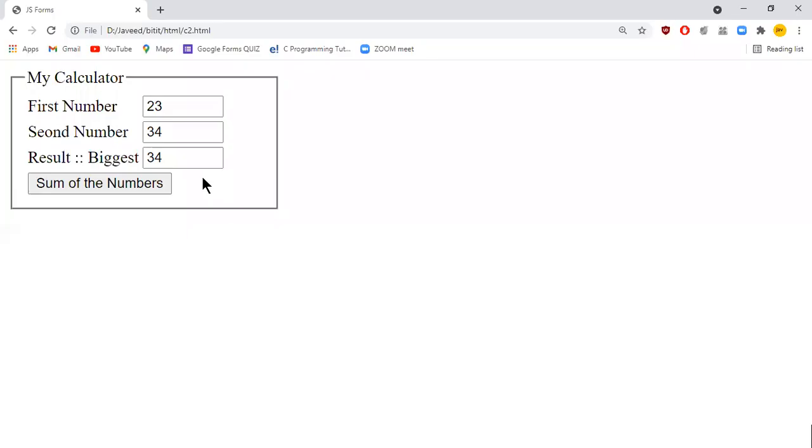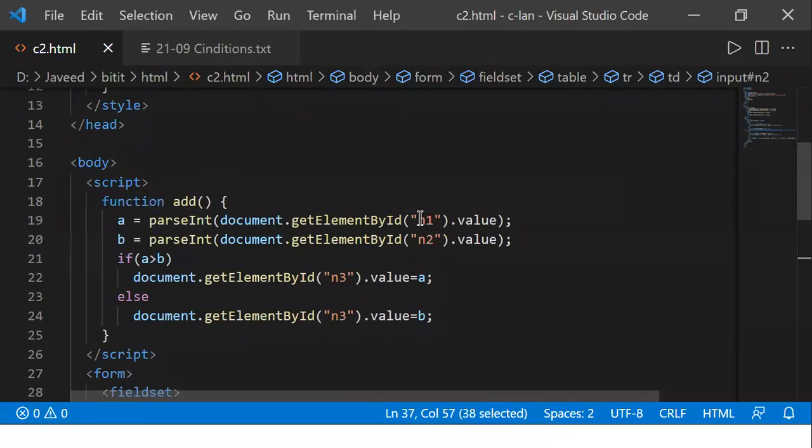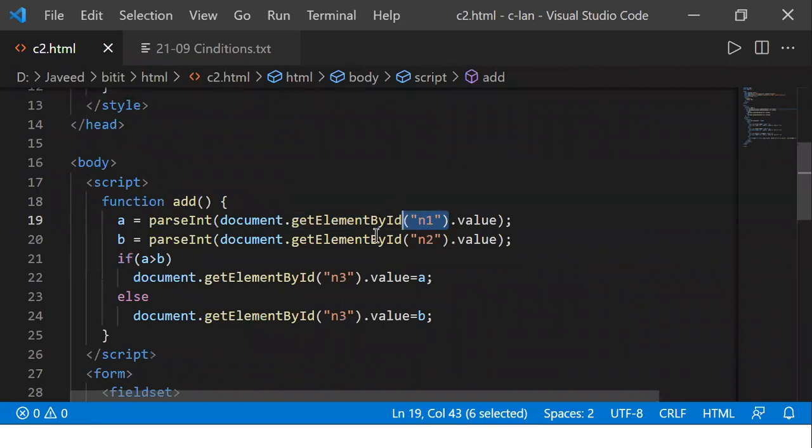Now remember, whatever data you're typing in a text box is held by a property called the value property. So here, we have used the value property for the control. When I use the value property of my control, it is going to return the value of that particular control. For example, I'm writing document dot getElementById of n1, which I have given. So then what is going to happen? It's going to give me the data that is there in this object called n1. That is the control for which you have defined the ID as n1. From that, it is going to return the data.